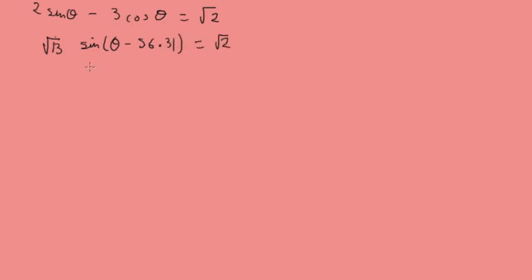We'll divide both sides by root 13, so sine theta minus 56.31 is equal to root 2 over root 13. And then we can take the inverse sine to get theta minus 56.31